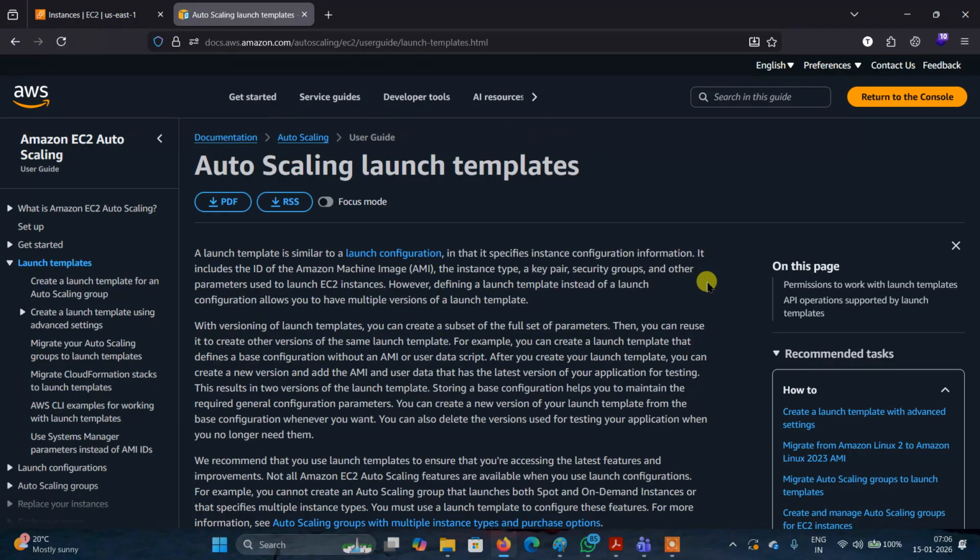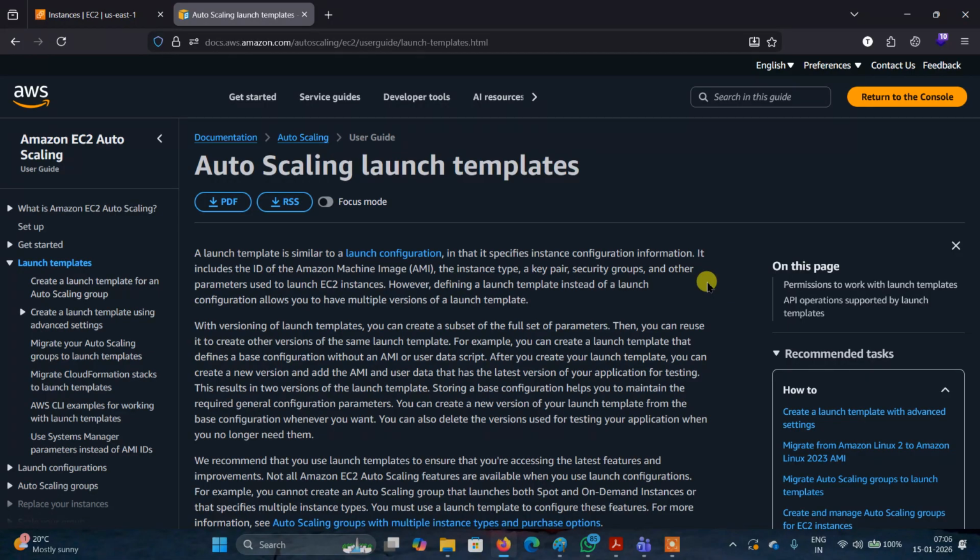You know that when you created a custom AMI previously, it is the same thing here: the launch template contains all the configurations of the instance. Suppose I want to create an EC2 instance, this is a ready-made template. Previously, whenever I created an EC2 instance, we needed to pick which AMI, which type of instance, which key pair, and all the parameters individually.